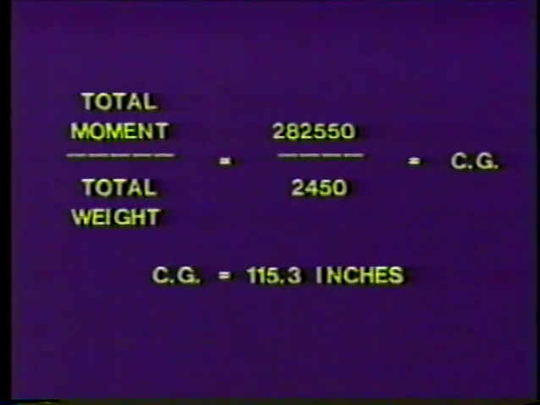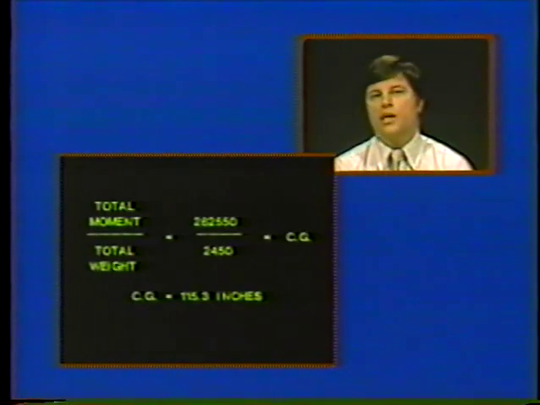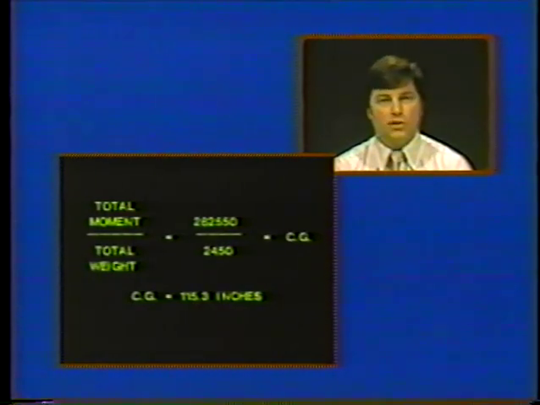Divide the total moment of 282,550 by the 2,450 pounds and get a center of gravity location of 115.3. Since this falls within the forward limit of 114.5 inches and the aft limit of 118.3 inches, the aircraft is correctly loaded. For our final weight and balance problem using the computation method, let's assume we're using the same airplane